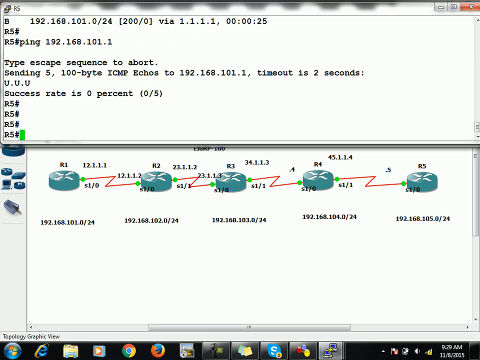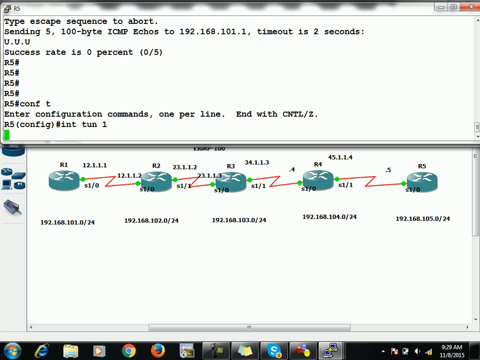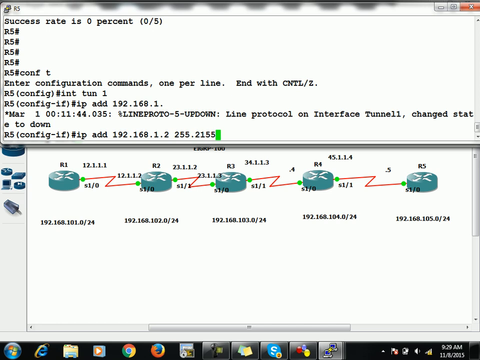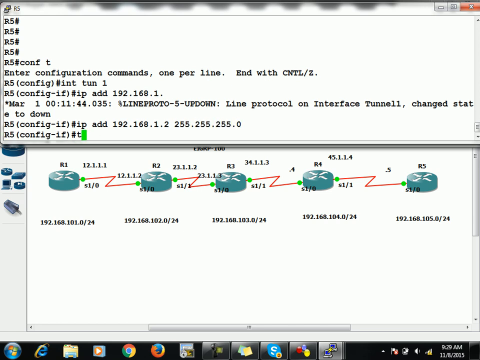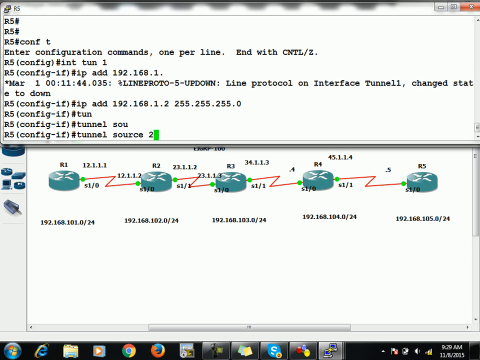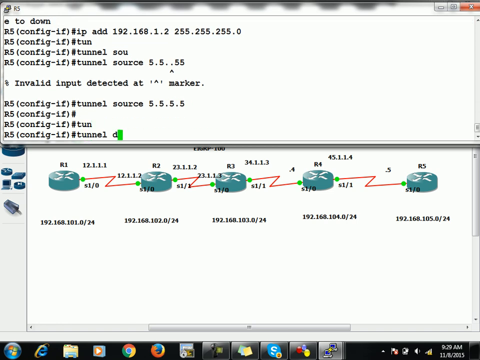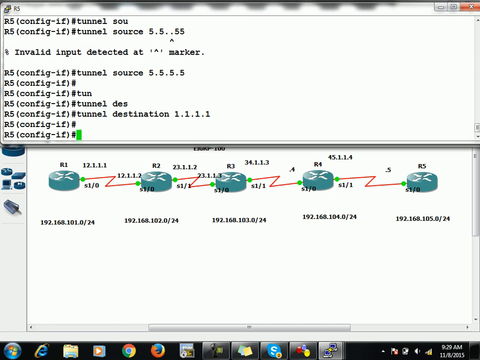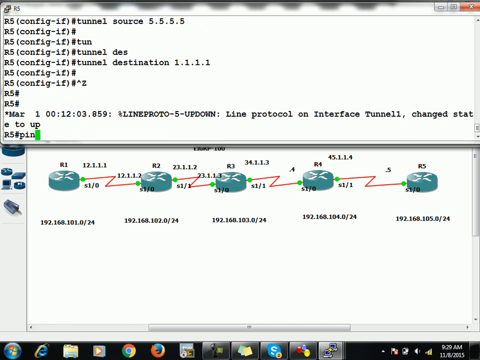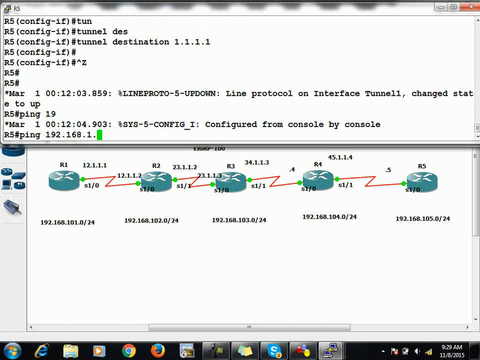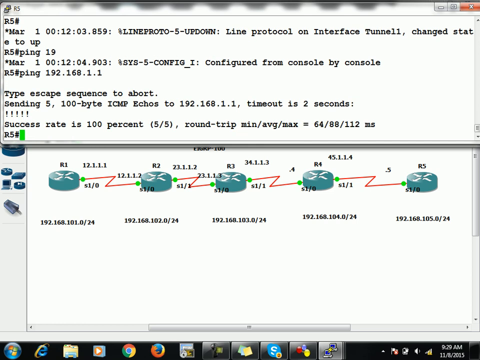Similarly, I will move on to R5. On R5 as well, I'll configure one tunnel interface. I'll say that its IP address is 192.168.1.2, right? And tunnel source will be 5.5.5.5, and tunnel destination would be 1.1.1.1. So now the tunnel interface will come up, and you can see that from R5 we can ping 192.168.1.1,